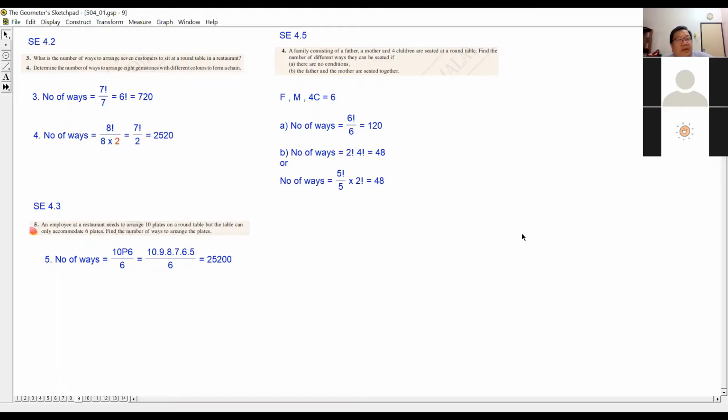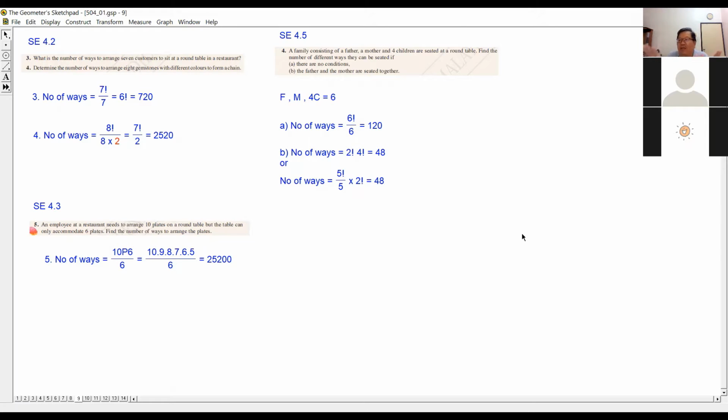You read question number 3. What is the number of ways to arrange seven customers to sit at a round table in a restaurant? So 7 customers, arrange them in a circle, a round table. So how many ways